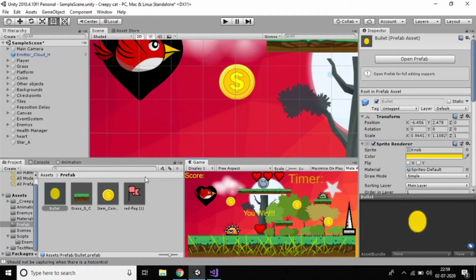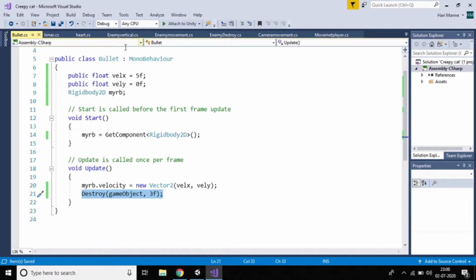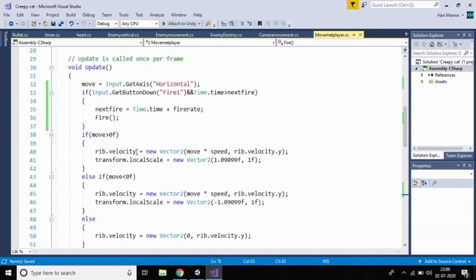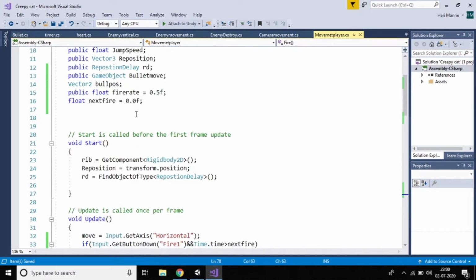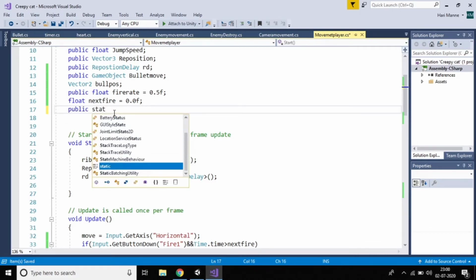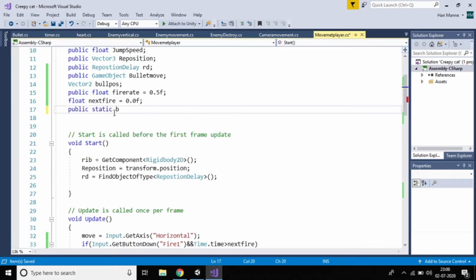For that I have to write the code. Just go to the player movement code and create a bool variable. Make it public static bool forward.